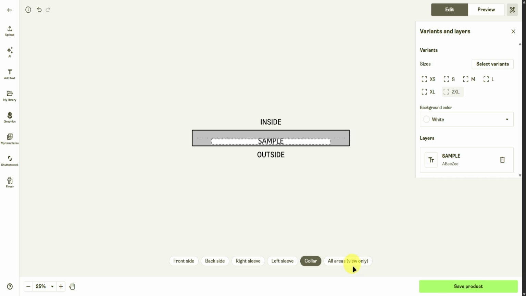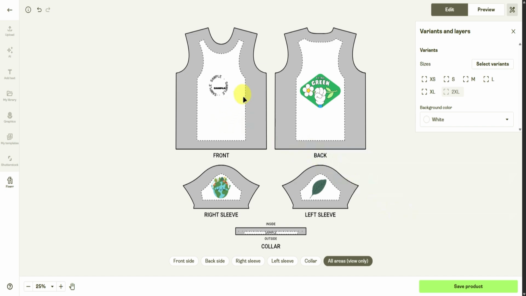Afterwards, what you can also do is view all areas. So just simply click on all areas right here. And then there you go. So this is what your product will look like in all areas. So starting here, this one is for the front section, the back section, the right sleeve, the left sleeve, and